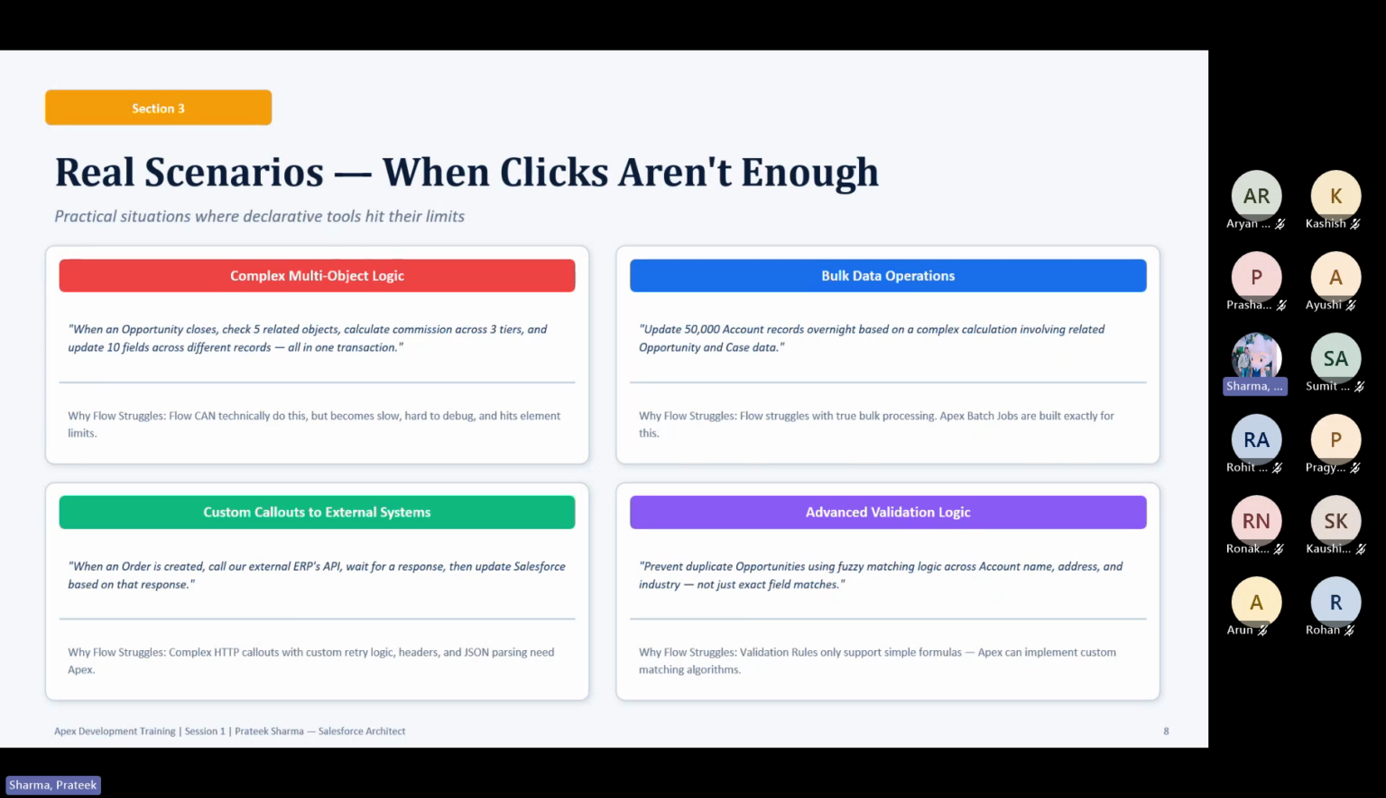Similarly, bulk data operation that we have already discussed, right? Update 50,000 account records overnight. So we should have a job that will update 50,000 account records, and it should run overnight, right? But it is not just an update. It is based on a complex calculation involving related opportunity and case data, right? Such kind of things you cannot do with flow. You can create a flow for bulk processing, but it will become slow, and it can hit a number of governor limits. Then we have Apex batch jobs. Those are actually built for this, right? So we will use Apex batch jobs in such kind of